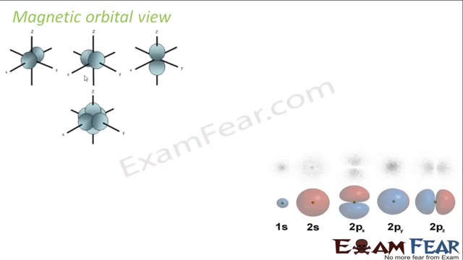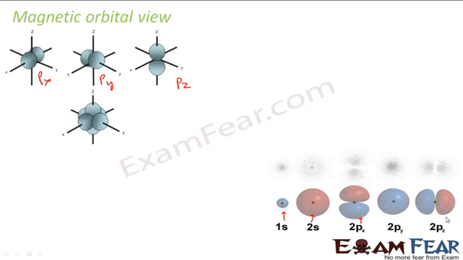For example, this is my p orbital. This is px, which is inclined to the x-axis. This is py, because it is along the y-axis. This is pz. We have p orbitals in 4 different shapes, and this one is where everything is combined, px, py, pz all combined. And if you see, this is 1s, 2s is bigger, px is this way, py is along the y-axis, pz is